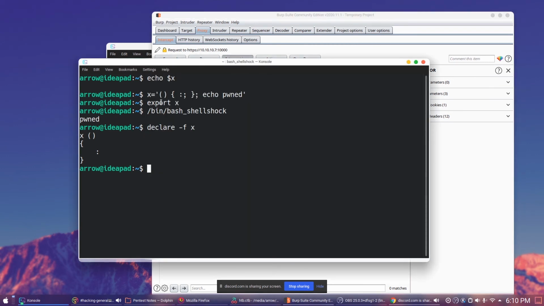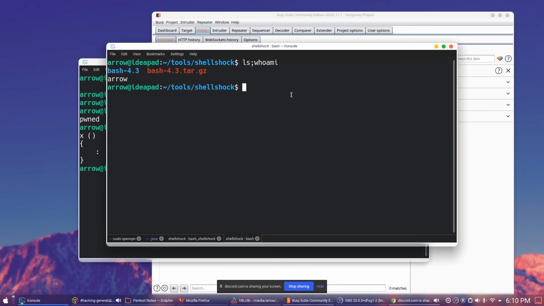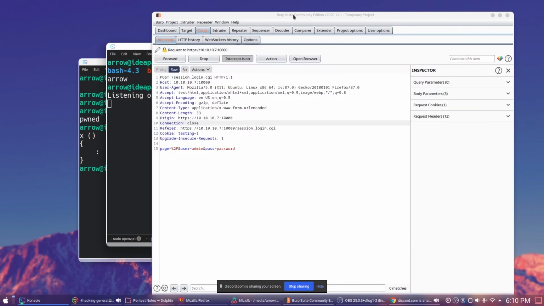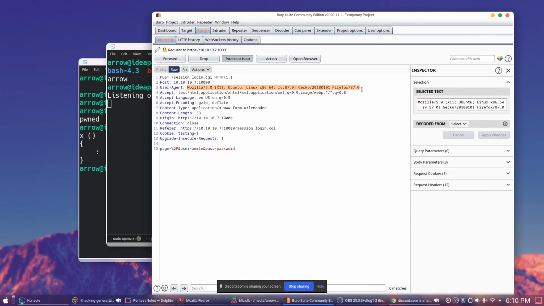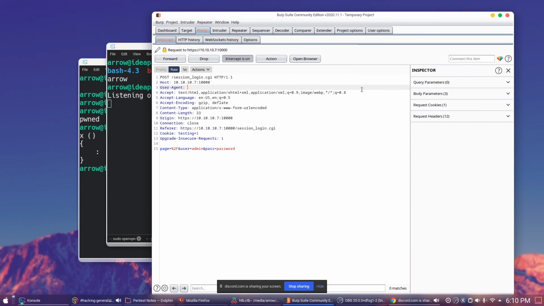Whenever bash is processing this, we will write a similar command but a reverse shell to our Linux box. So let's start the listener. We have set up the listener. So what we're going to do is change any of this content. I have done it with the user agent header, so we can create a normal function with a blank code.